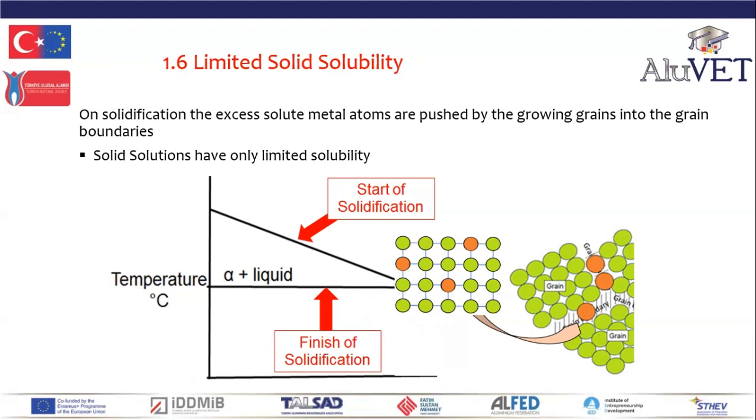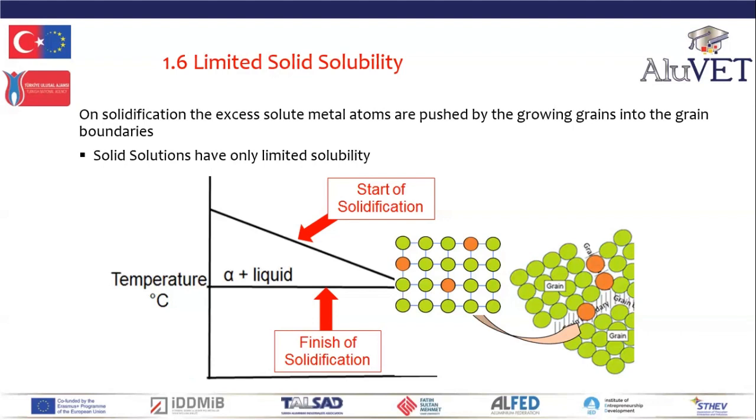Now, solid solutions have only limited solid solubility. That means in a cooling liquid, the solute or alloying elements will be ejected out of the forming grains into the grain boundaries. So we've got a beaker of water, our liquid aluminium, we've melted it. At the freezing start temperature, the alloying element is in liquid form with the aluminium. As the aluminium starts to solidify, the alloy solidifies from the freezing start to the freezing